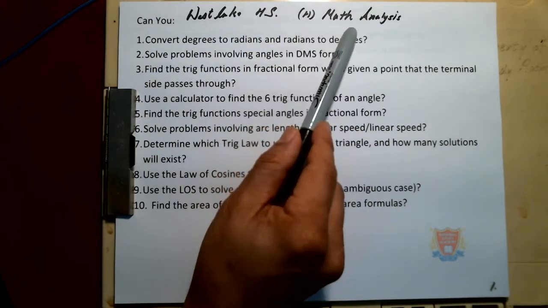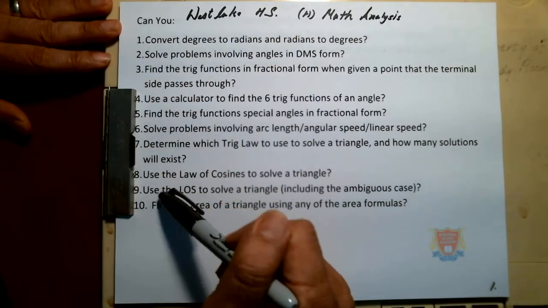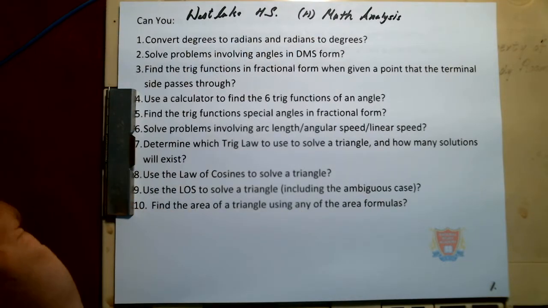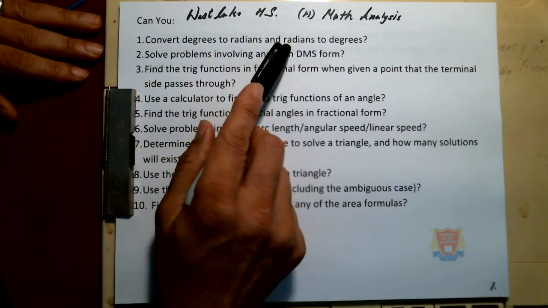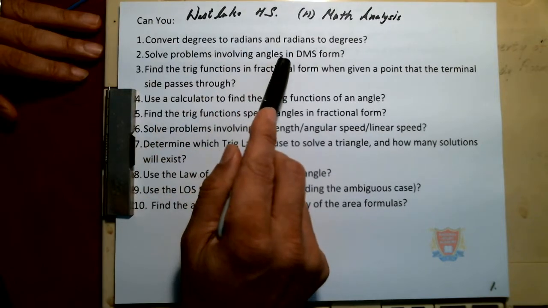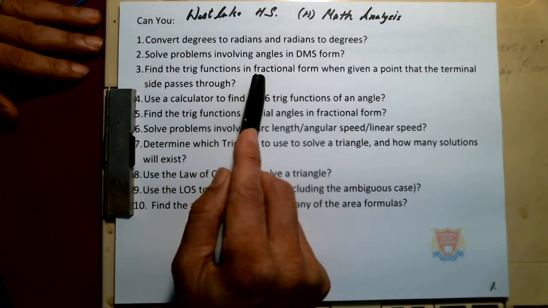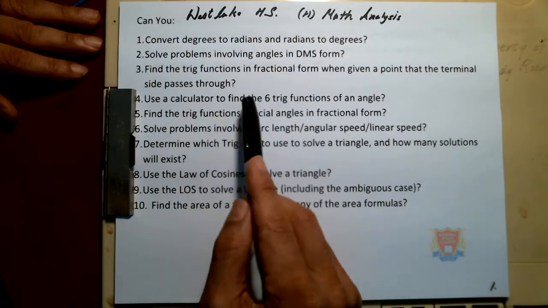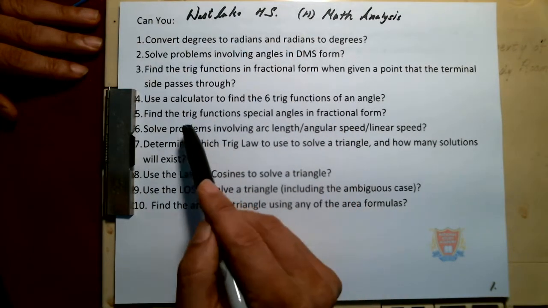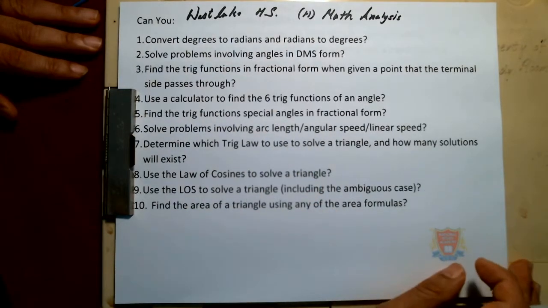Okay, so I wrote down, there was about 13 of these. I only wrote down 10 of them, and we'll be reviewing these as much as possible today. Convert degrees to radians and vice versa. Solve problems involving DMS, degrees minutes seconds angle form. Find the trig functions in fractional form when given a point that the terminal side passes through. Use the calculator to find the 6 trigonometric functions of an angle. And these are 10 of the 13 we can use from